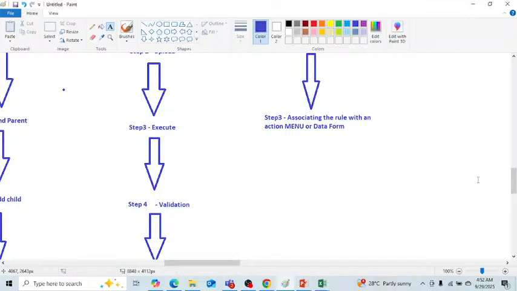So this was all about adding the new cash account to the Oracle instance. I hope you